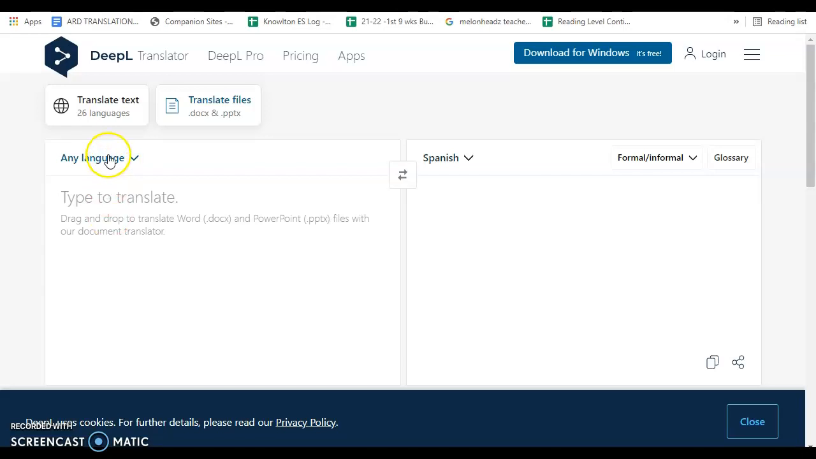So you choose your language, or just if you already have it set up,